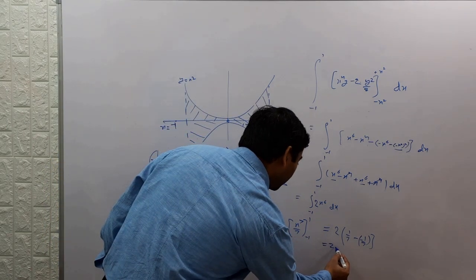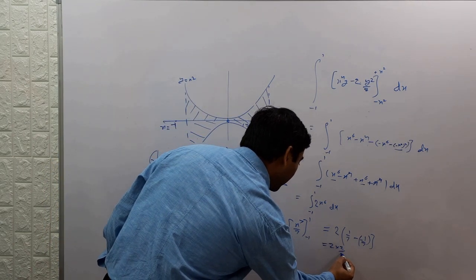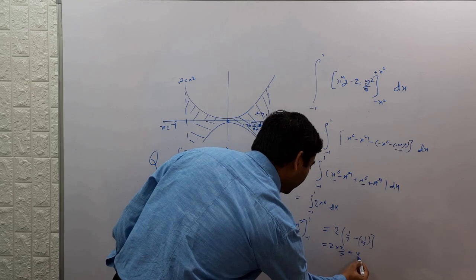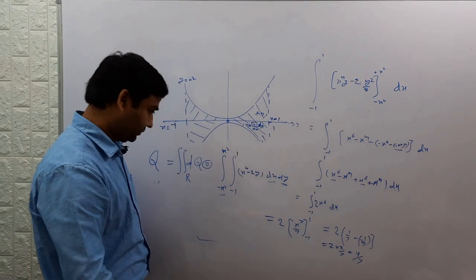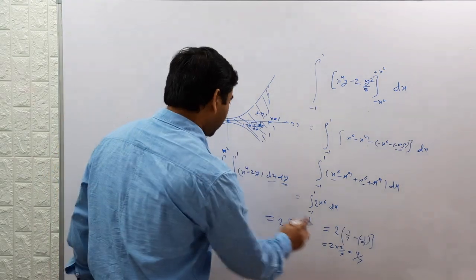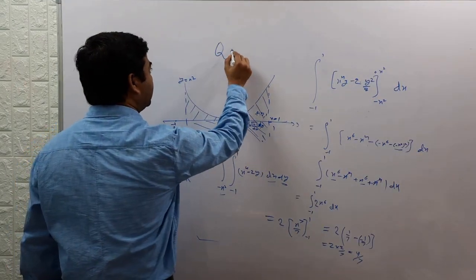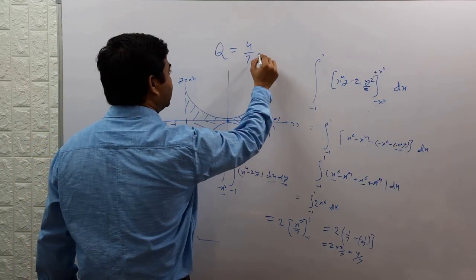This is equal to 2 into 2 by 7, 4 by 7. So Q, we have calculated Q is 4 by 7